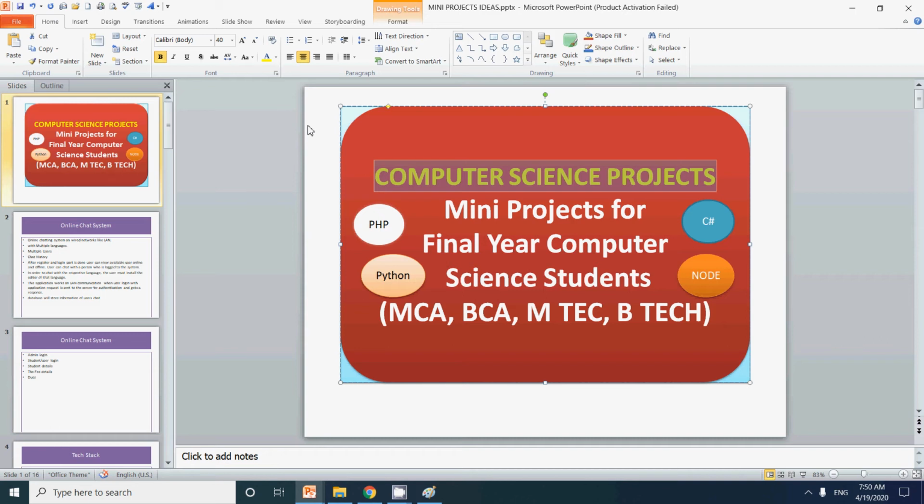So we will be discussing what is the problem statement, what is the problem and what is the solution, what all technologies you will be using to get this project done, plus what all modules are required in order to get the project done. So we will be discussing the type of database, the type of server language, then the different modules, how you are going to implement those modules, what will be your language selection, what will be your database selection. So we'll be discussing all the things in this particular video. So let us start the video.